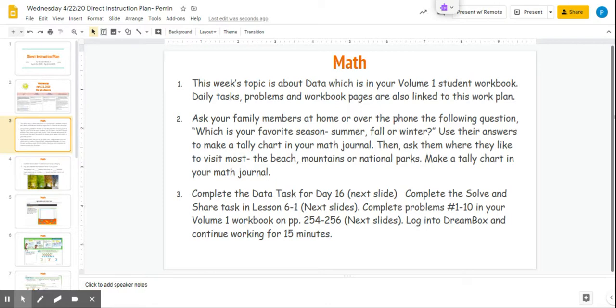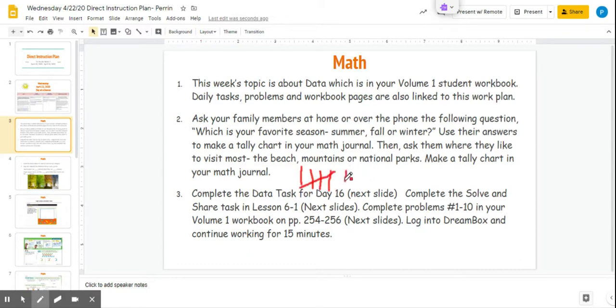You can ask your family members at home or over the phone which is your favorite season, summer, fall, or winter, and use their answers to make a tally chart in your math journal. Then ask them what they like to visit most, the mountains, beach, or national parks. Make a tally chart in your math journal, and this is what a tally chart looks like. Like if I'm counting that 6 people like it, I go 1, 2, 3, 4, 5, and make a group